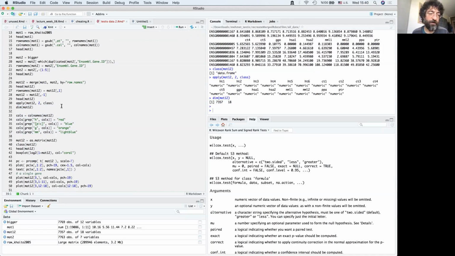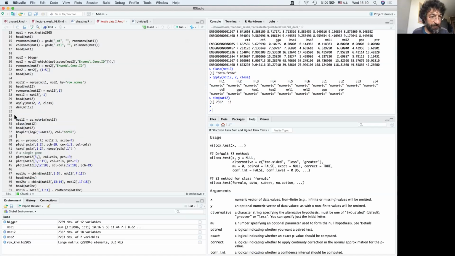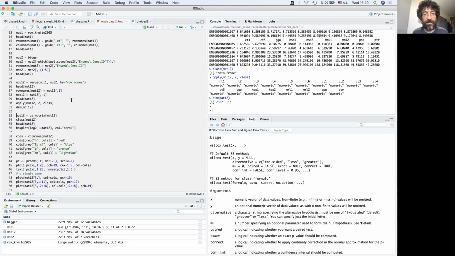But actually, before that, what I was doing here was first studying the general expression patterns, the distribution of expression levels across all the columns. And for that, here I'm not sure why I was converting into a matrix, but it doesn't matter.